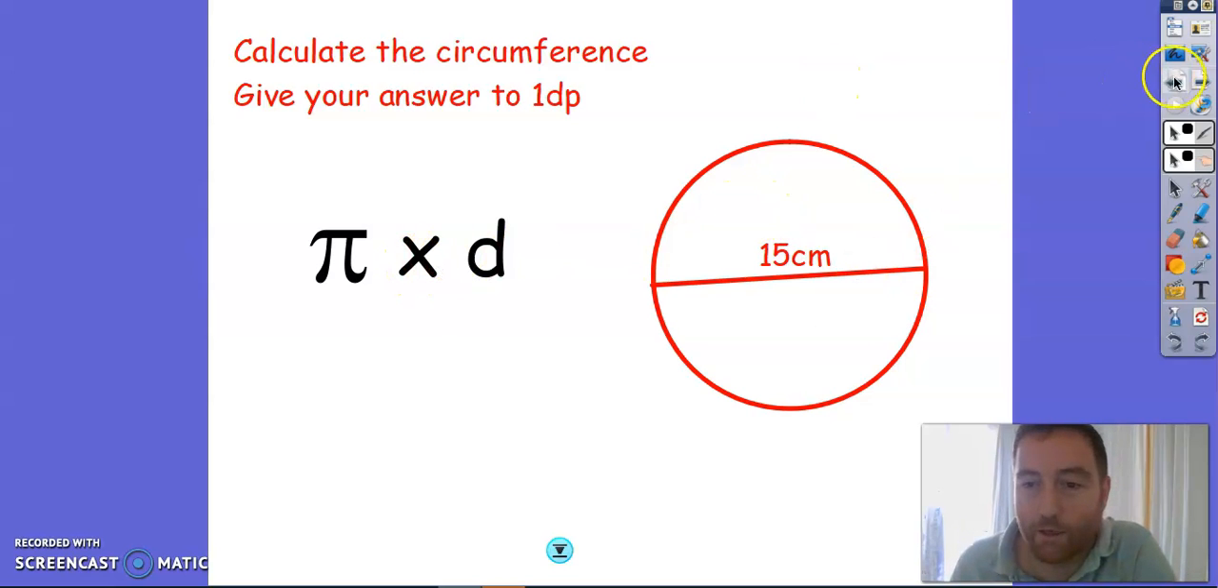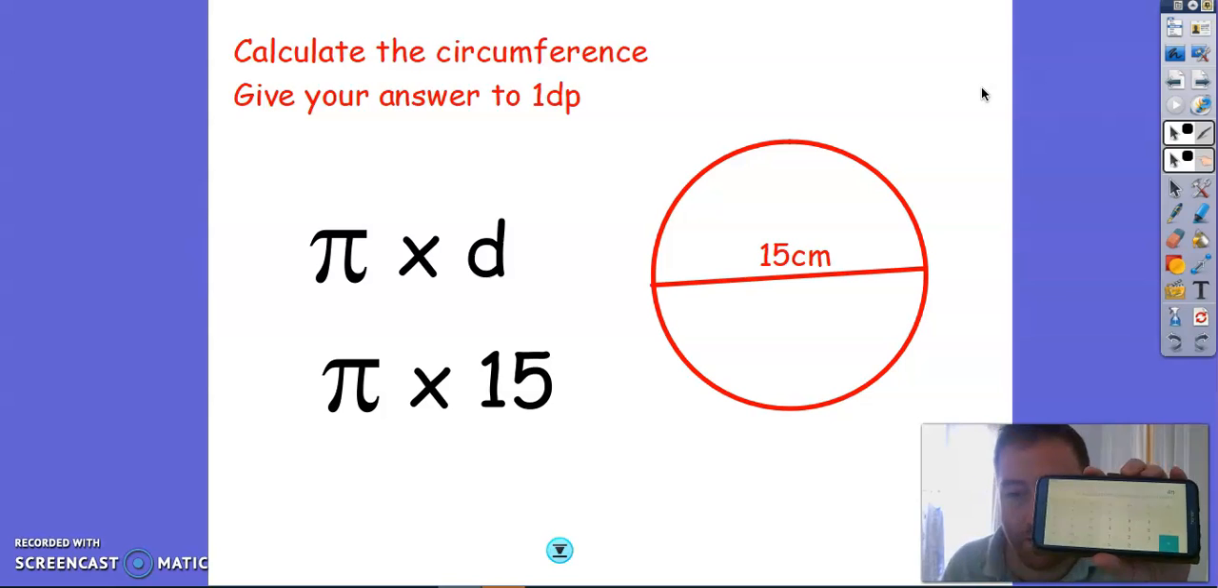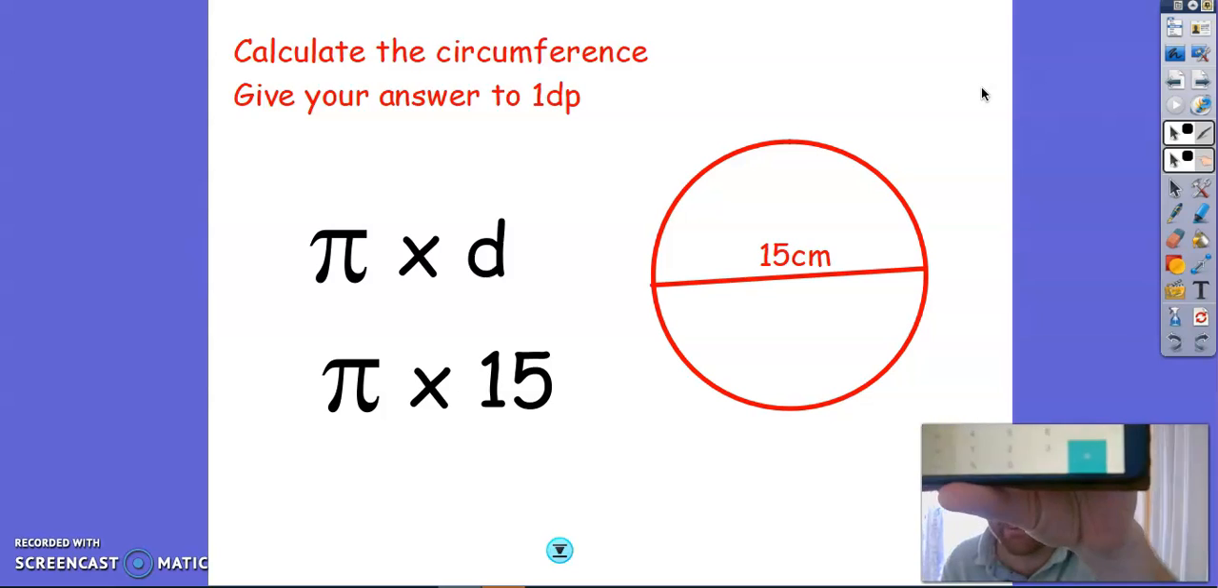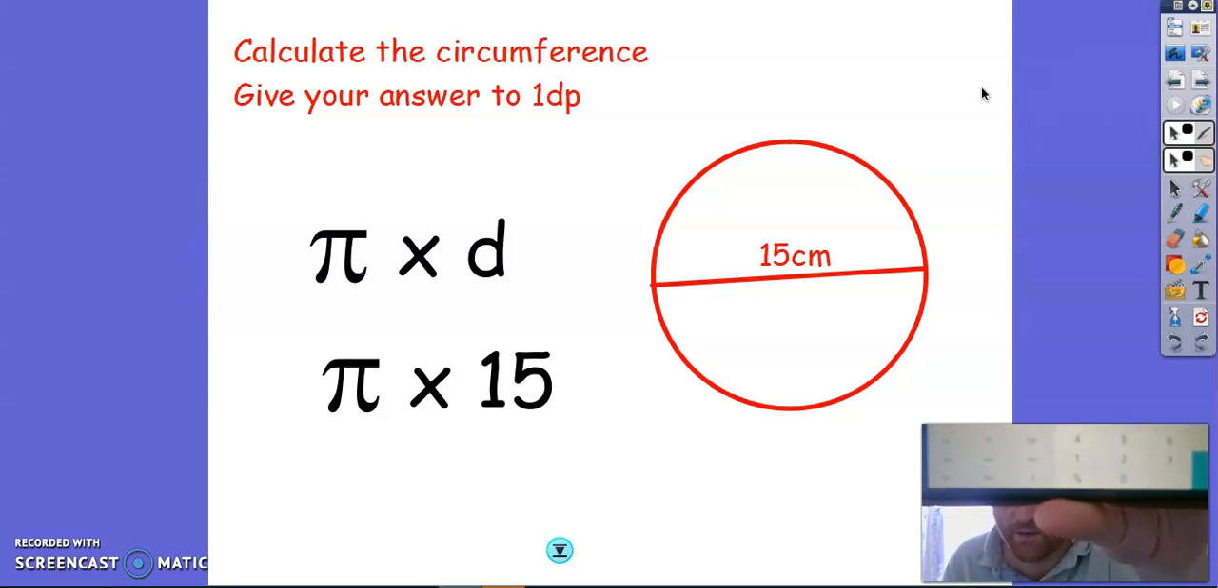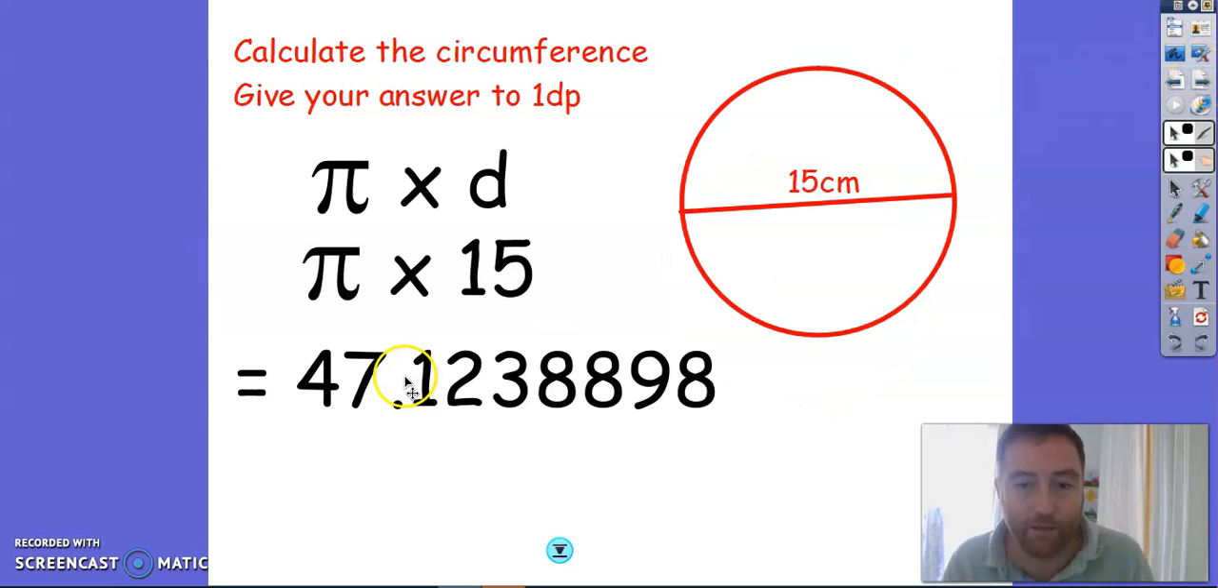So let's just type that in our calculators. Pi times 15. Now, if you don't have a calculator, your phone should have one. And when you turn it on its side, you get a graphical calculator. And down the bottom there, don't know if you can see that, but there is a little pi button down the bottom there. I didn't have my calculator with me, so that's what I used. Pi times 15 on a calculator came out as